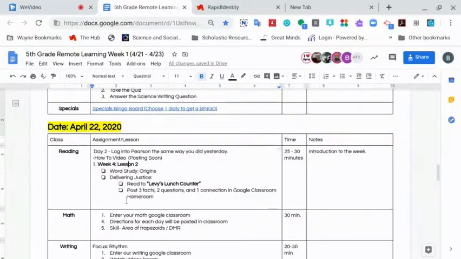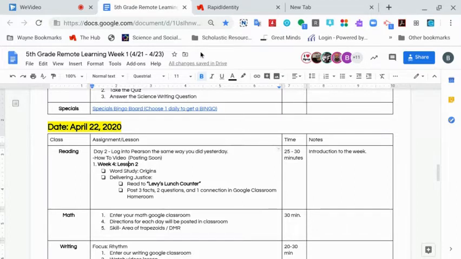So for today, I've noticed a couple of people asking questions for the reading assignment and how to find Levi's lunch counter. Levi's lunch counter is not what you're looking for. That's just where you're stopping. So I'll go ahead and show you guys and then post this up into Parent Square and here where it